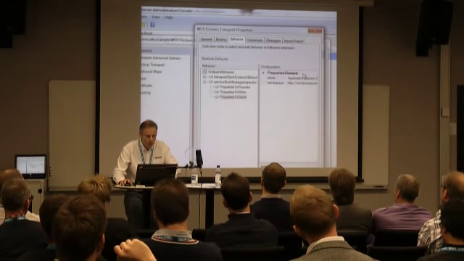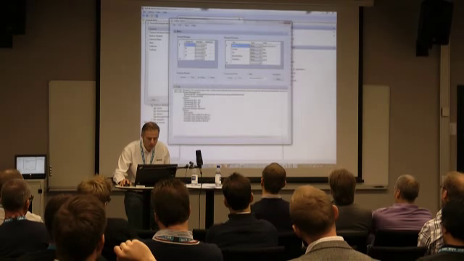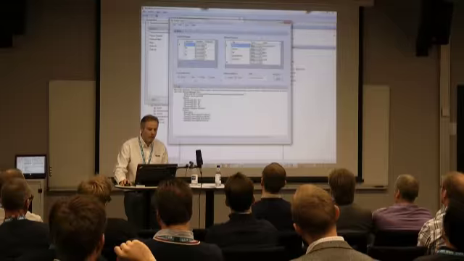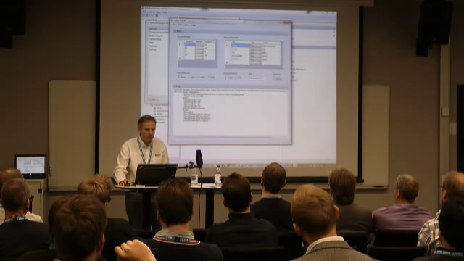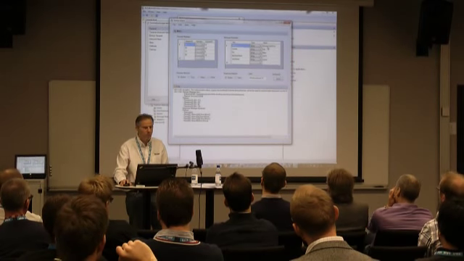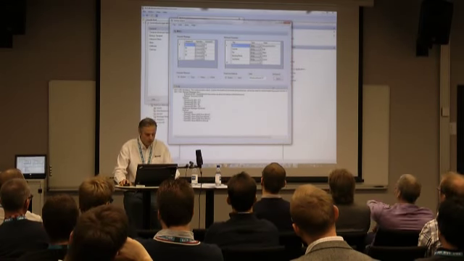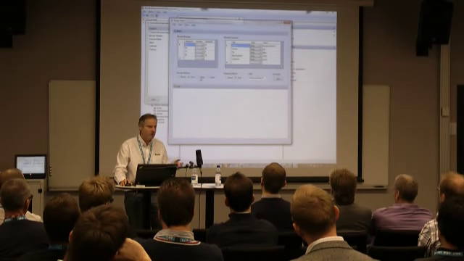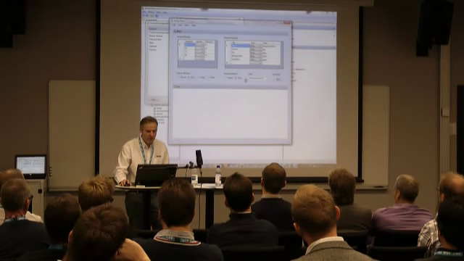I don't have the time to go through all the possible cases, because here you can say I want to send through a queue and receive through a queue or a topic and so on. Or here I can specify which of the orchestrations I want to invoke, the dynamic send port or the static send port. I just want to show you this. This is the most complicated one, where I send to a topic and I receive from a subscription and I'm using the dynamic send port. So if I click send,